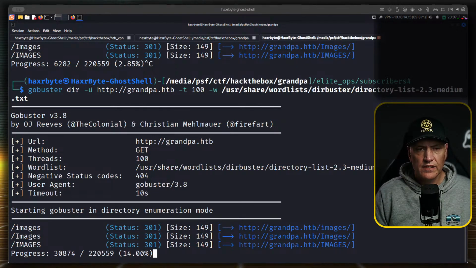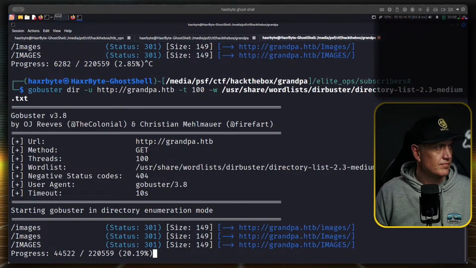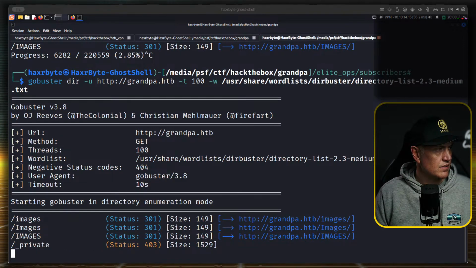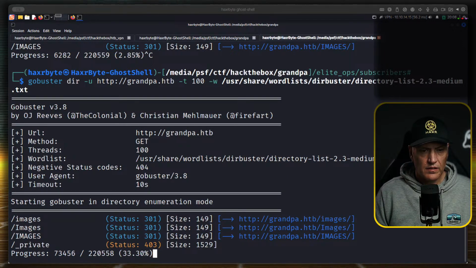Has anybody seen a web server with all these methods enabled? Drop a comment. That was a bit quicker.